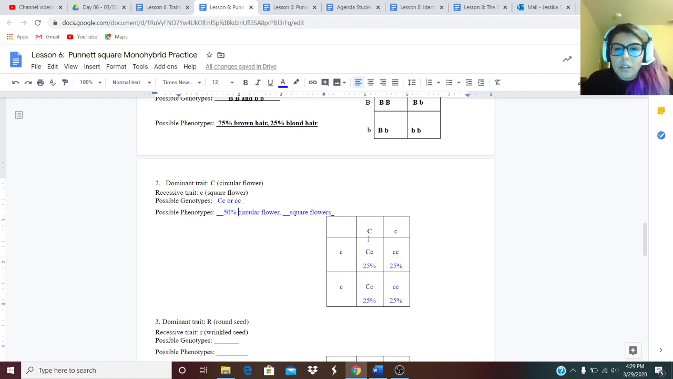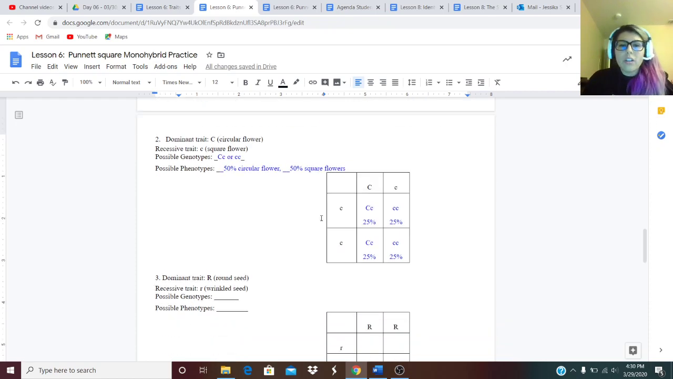Okay, so now what about the square flowers? So you could do this two ways. You can do it again. You can go ahead and add these two boxes, right? Square flowers are represented as a recessive trait. So it's going to be these two boxes right here. I can go ahead and add those 25% plus 25%, and that's going to give me 50%. What you could also have done is 100% minus 50%, again, depending on how math savvy you are. Okay, and that's all you're doing